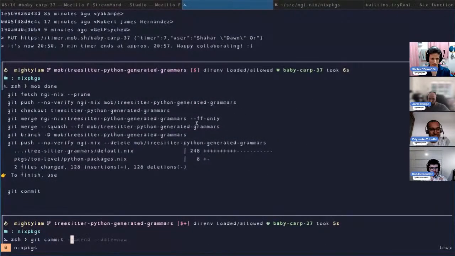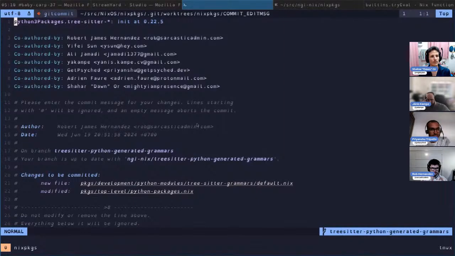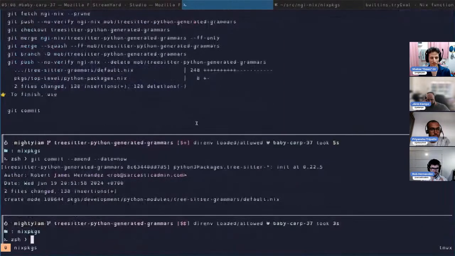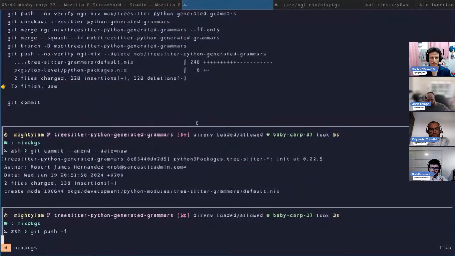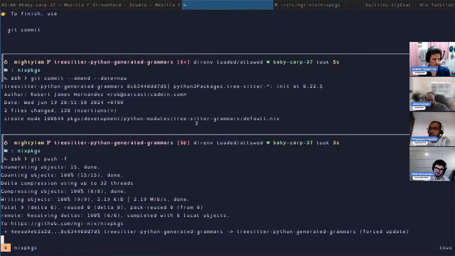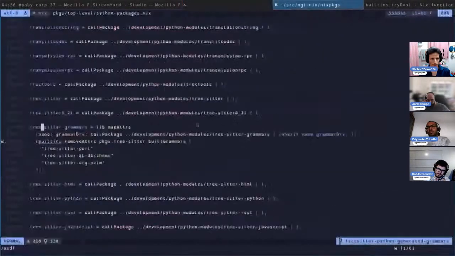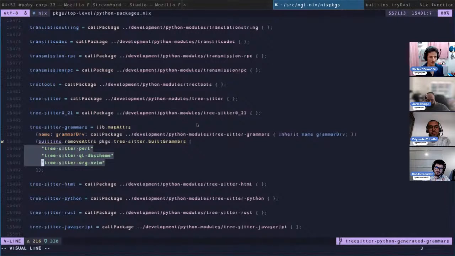Git commit, amend date now. Yep, that stays the same. Git push with force. Mm-hmm. And now we can move on to trying the cleanup. We had to add comments in there. That was one thing, and that was the remove attrs. Yeah, these. But before that,